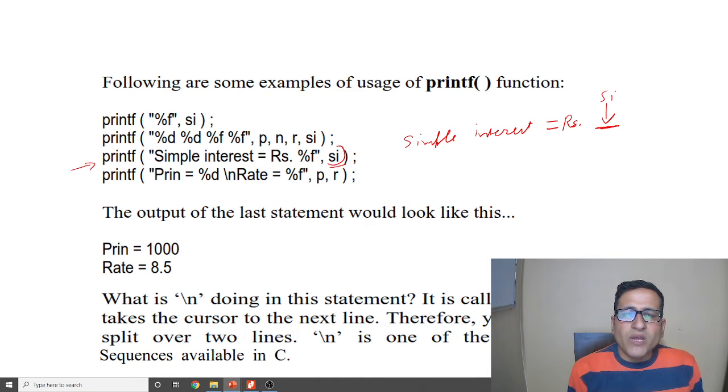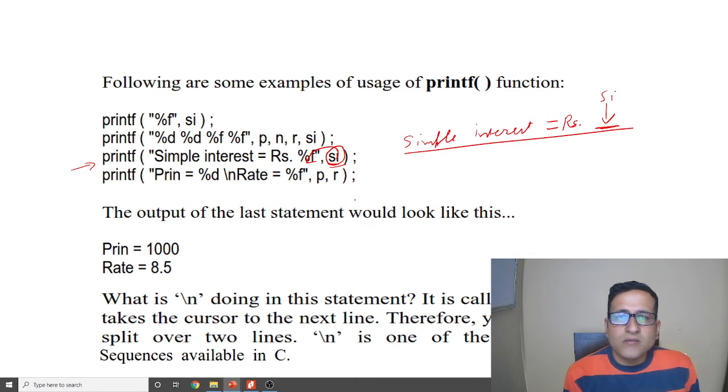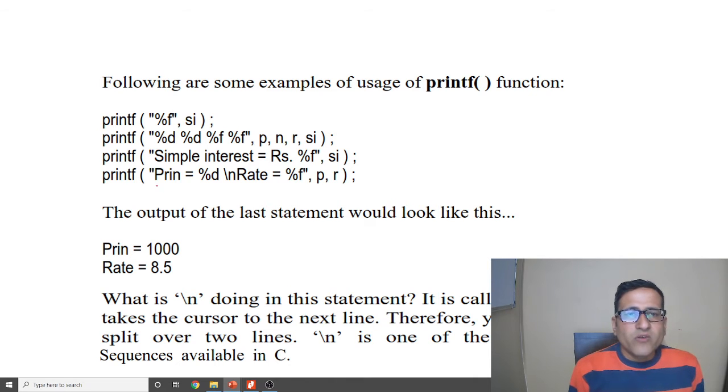Means if we have calculated the formula SI, then it will be printed here like this. Likewise we can print these values, like principal is equal to this and rate is equal to this. This output will be like this.